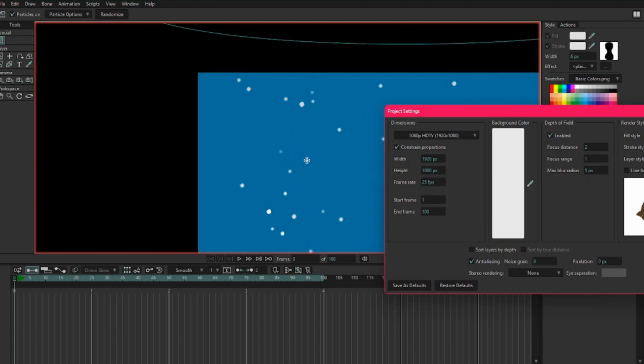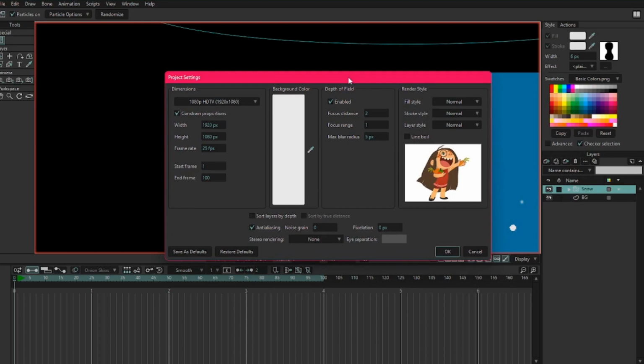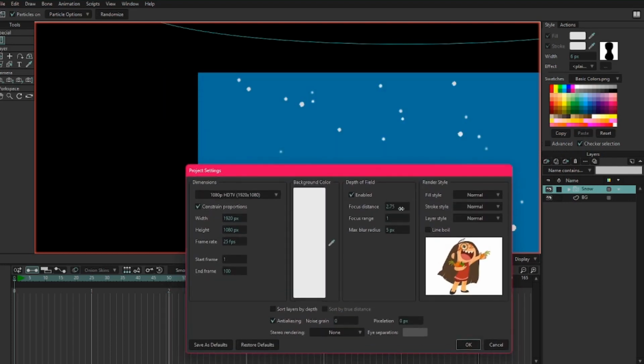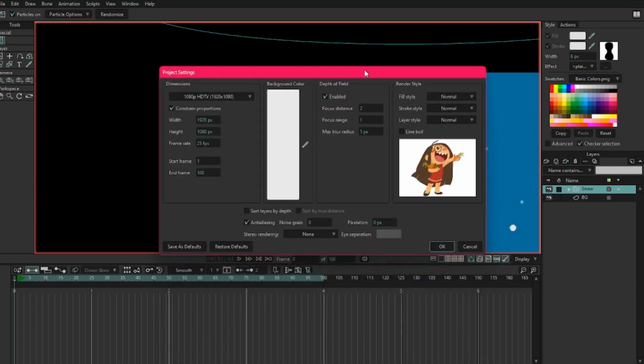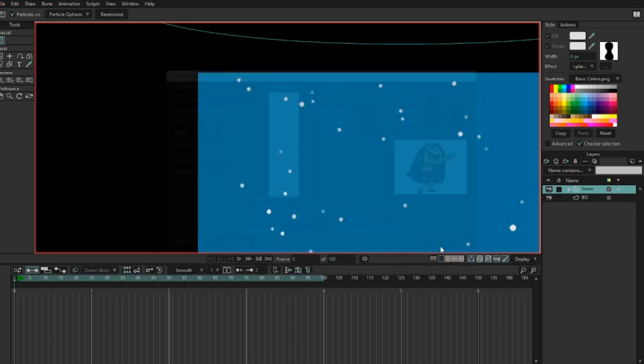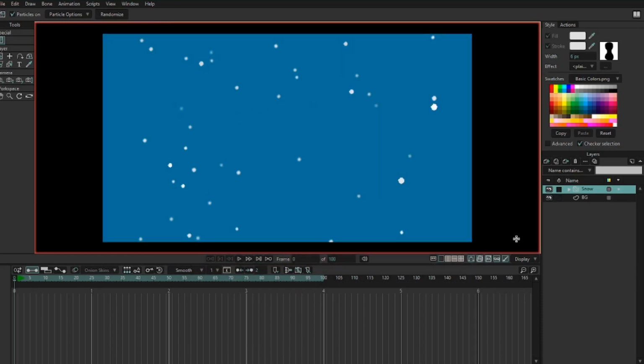So I want these particles to look nice and fluffy, but in a camera way, not in a particle way. So I'm going to click OK. I've left that at 5 pixels. You can edit this however you like. Oh my god, that's so nice. I don't know the first thing about cameras, so you might have to Google some of these and see what they do. I'm just going to leave these two as default, so I'm going to set 5 pixels as max blur, and I'm going to click OK. So in this scene file, we now have depth of field enabled, and this is what it's giving us,